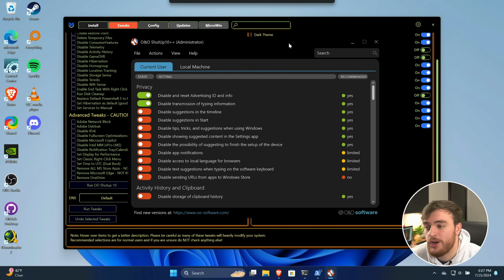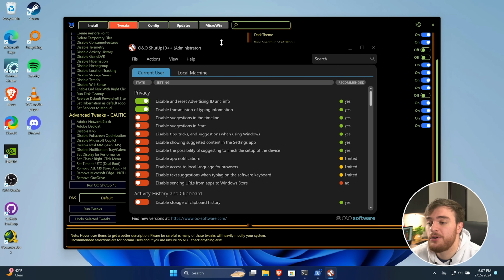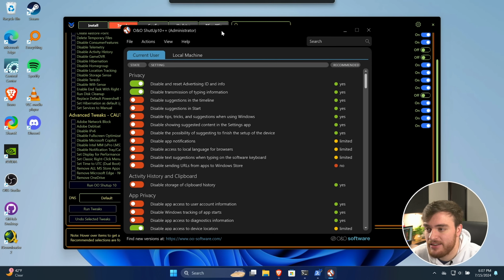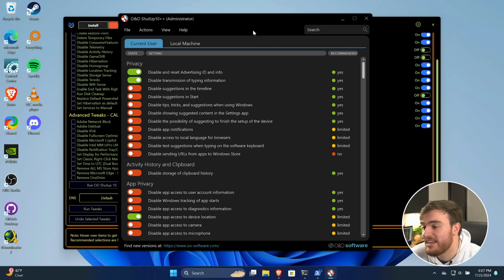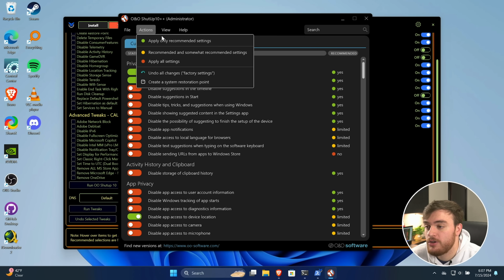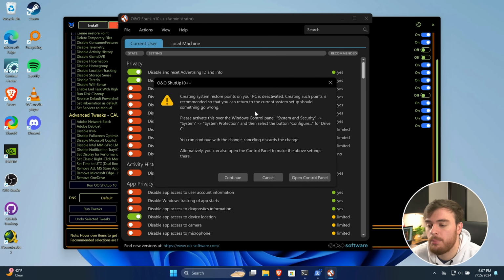Clicking it will download and open up O&O ShutUp10 Plus, which you can download for free from the internet as well, if you don't want to use this tool to get it. It's just a fantastic, easy way to get it, so that's what I've done. Starting on the Current User tab, we'll click Actions, followed by Apply Recommended, and you get a pop-up about a